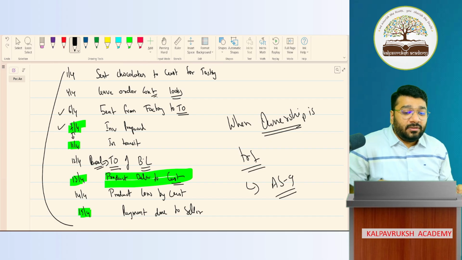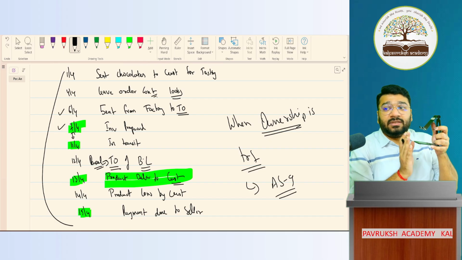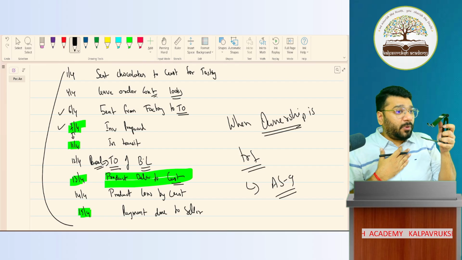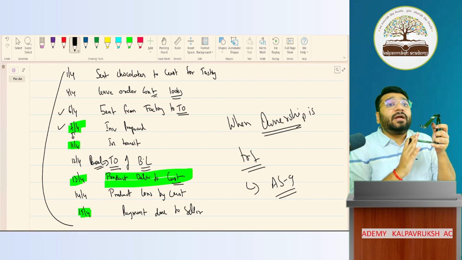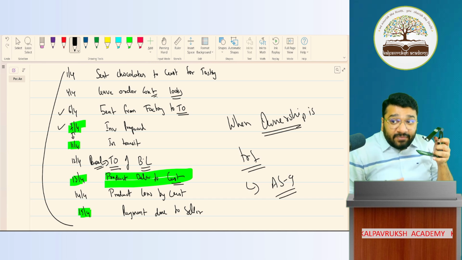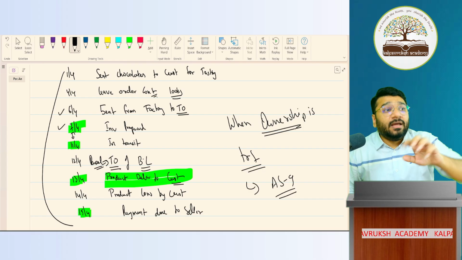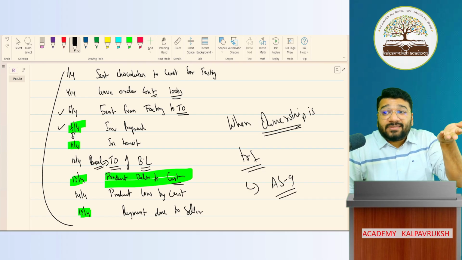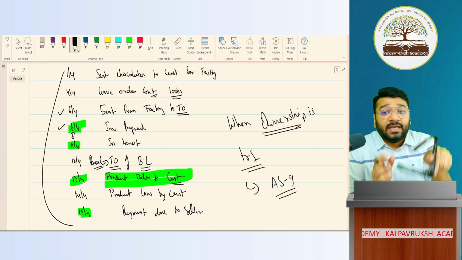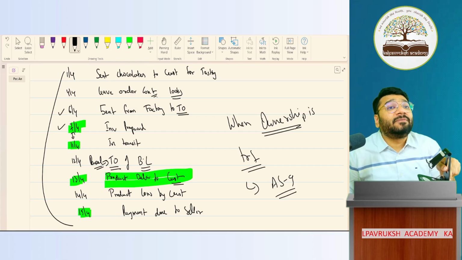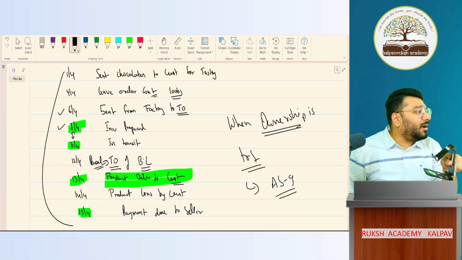Ownership, who? Before selling, this product belonged to me. Who am I? The seller. Before I sold it, this product belonged to whom? The seller. Ownership was with the seller. But when I say ownership is transferred, then that product belongs to whom? The buyer. So after the ownership is transferred, if some damage happens to the product, who is responsible? The buyer is responsible. Got it, not got it?